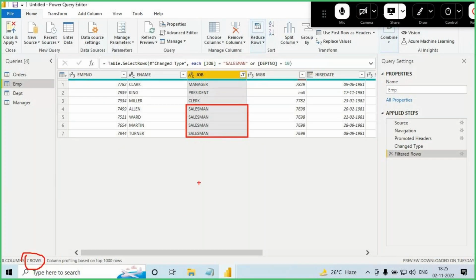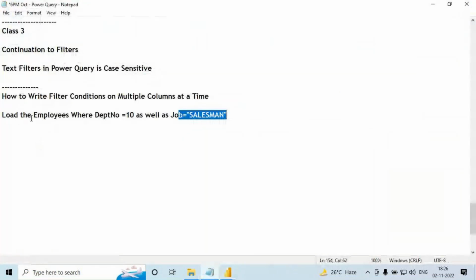Like this, sometimes to achieve our requirement, we need to write the filter condition on 2 different columns at a time. When you want to write two filter conditions on 2 different columns at a time, where do we need to write? In advanced. The second requirement is